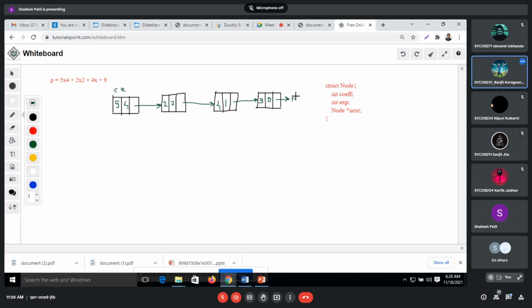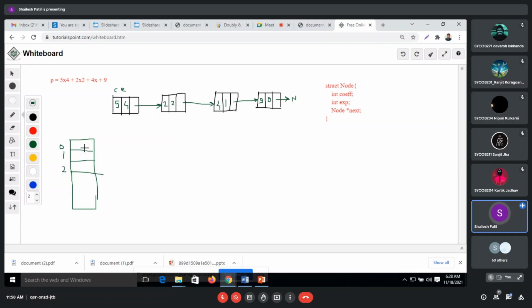Okay, so again, what is the benefit of using this? Suppose we have to do polynomial operations, we can also do them with the use of an array. So we can take a 2D array. So in a 2D array, I have to represent like this. Otherwise, in a single dimensional array also we can do it like this. Its index is representing the exponent. So that we can do also.